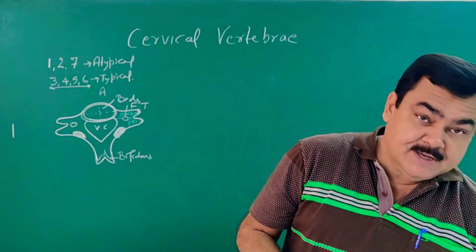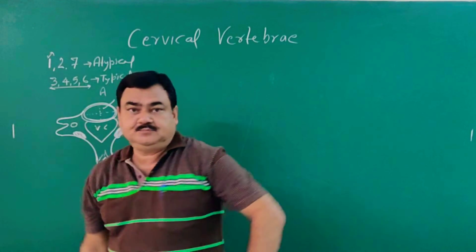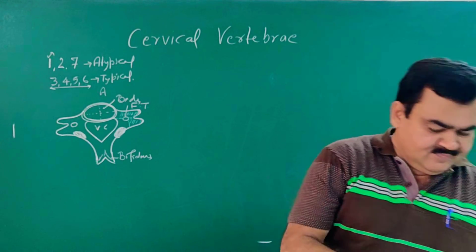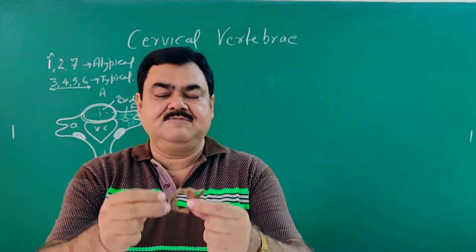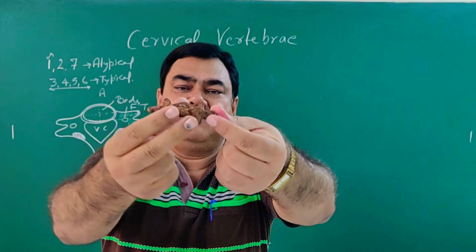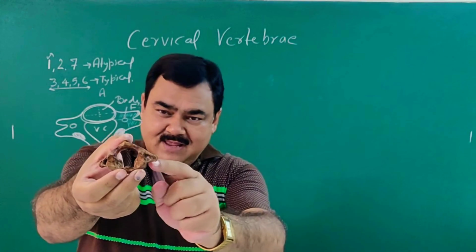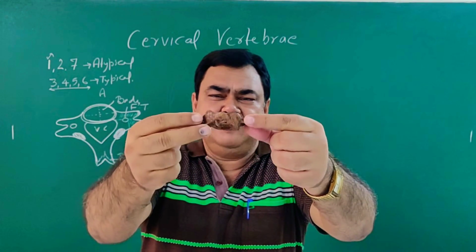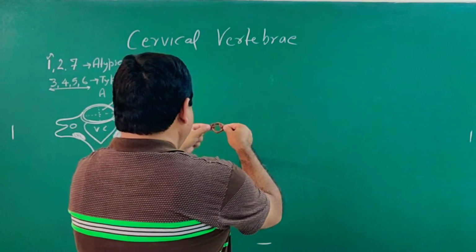Now we'll discuss the first vertebra. This is the first cervical vertebra. The typical feature in the cervical vertebra is the presence of foramen transversarium. This is foramen transversarium. If you see, this is like a ring. If you make a diagram,